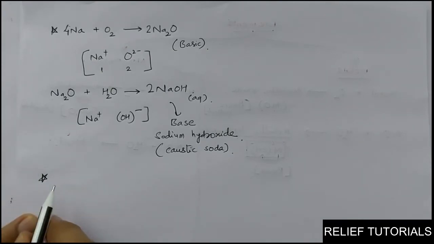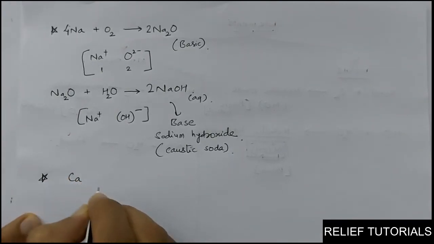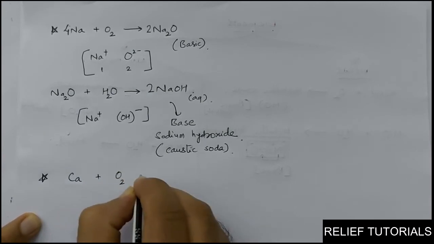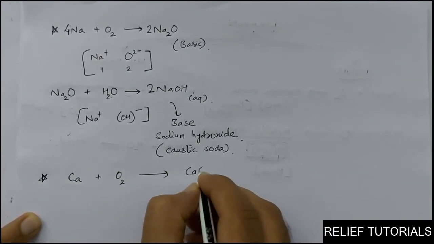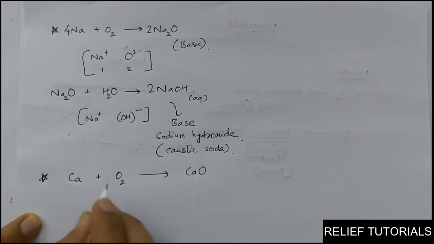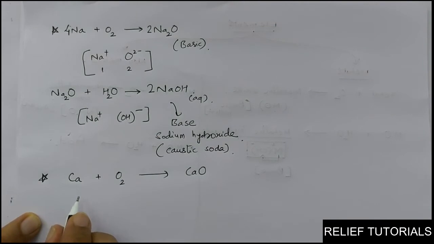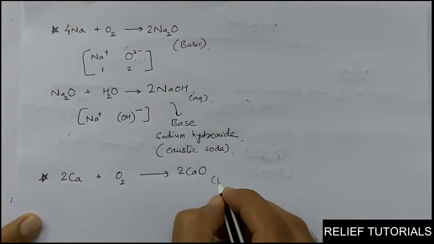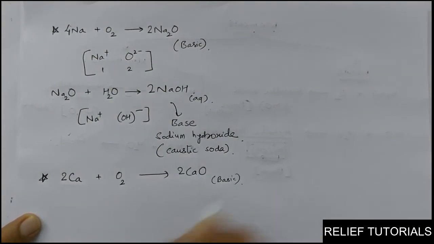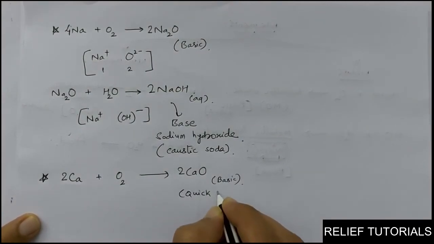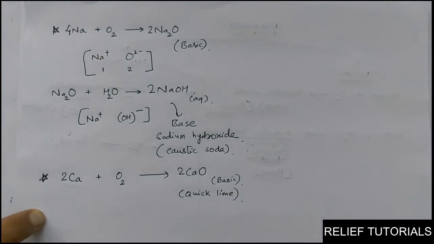Same way you can think about, let us say, calcium. Calcium is one of the metals. When it reacts with oxygen, it forms CaO. Here Ca2 plus and O2 minus, so 2 plus 2 minus forms CaO. Now make it balanced. So I think 2 here and 2 here make the equation balanced. This CaO is basic in nature. Calcium oxide is the name of this, and we have already seen its common name is quicklime. If you remember, we did this in chapter number 1. So this CaO, calcium oxide, is basic in nature.